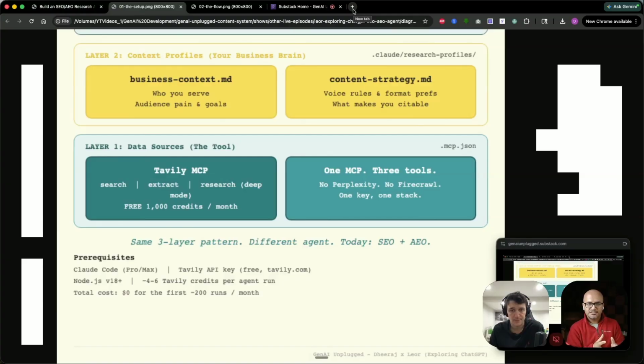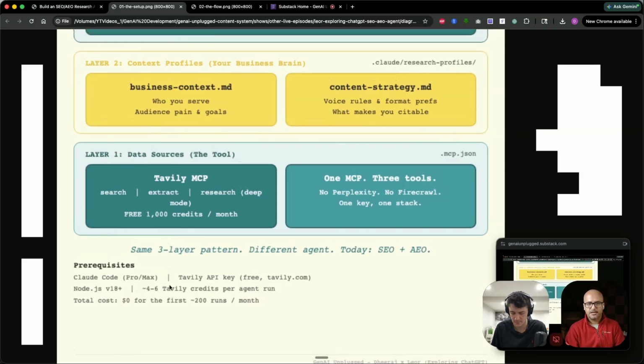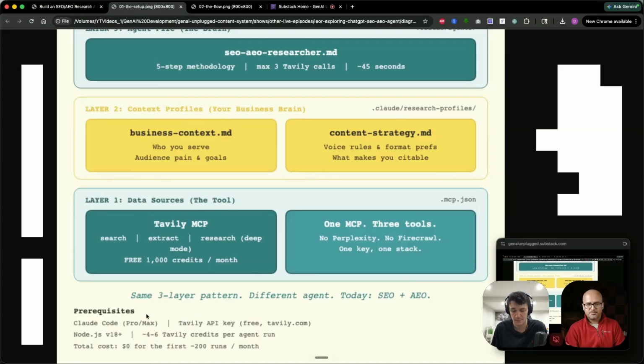Earlier, Perplexity was my go-to, but now I use Tavily because it helps me with both the extraction of content, which is scraping, as well as the research and search parts. And plus, it is free. Perplexity is not free. You have to upload at least $5 and then use it, so credits or actual dollars are burning there. With Tavily, I get 1,000 credits free. And then there's the basic stuff: Node.js should be installed. If you are installing Claude Code, that would be a prerequisite anyway. So that's the prerequisite part of it.